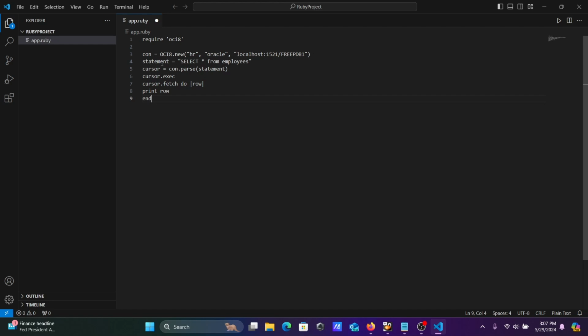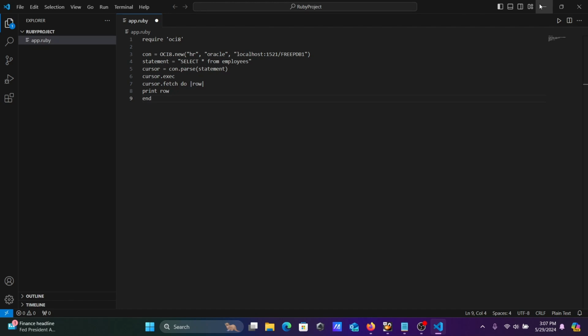After that, the statement is select * from employees. Selecting all the records from the employees table is stored in a statement, the cursor consumes the statement, then executes the cursor and fetches each row. After that, it prints the row.